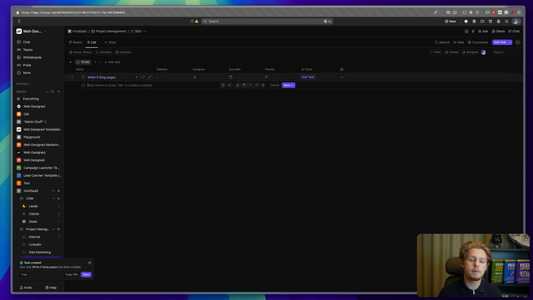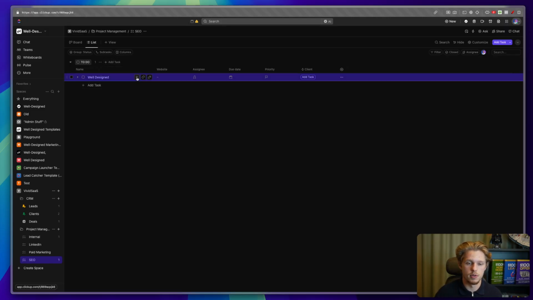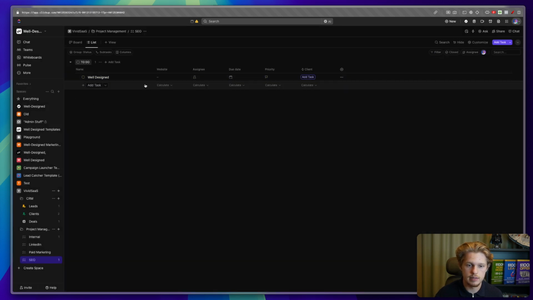It depends on how you work as a team, and if you check on the back end, I've built it both ways. The thing I recommend for clients is to have it this way. So you have client name, and then all the things you have to do for the client, you have in subtasks. So in this case, you press on the plus button here,